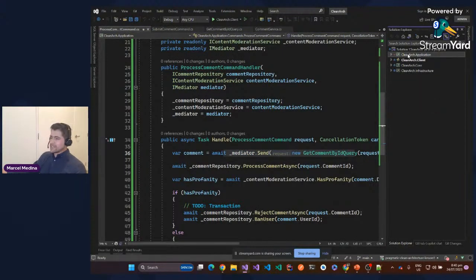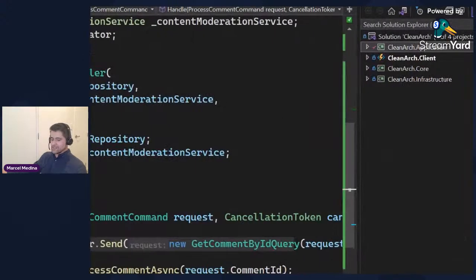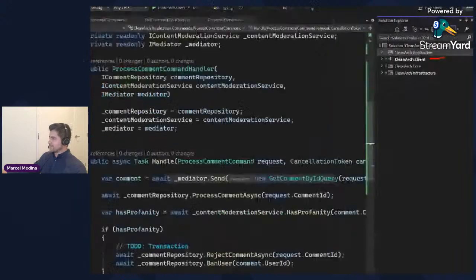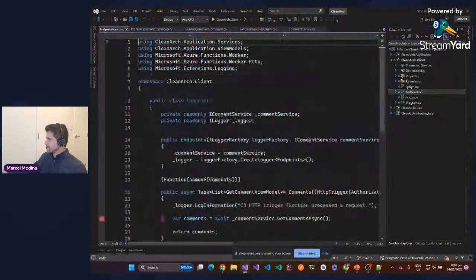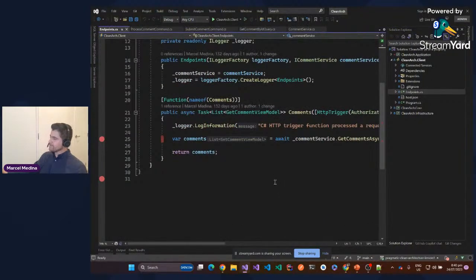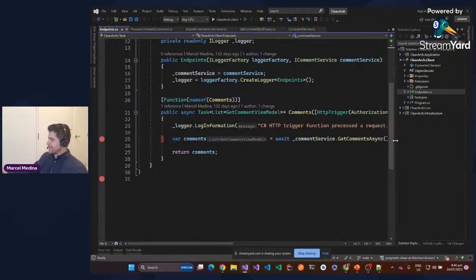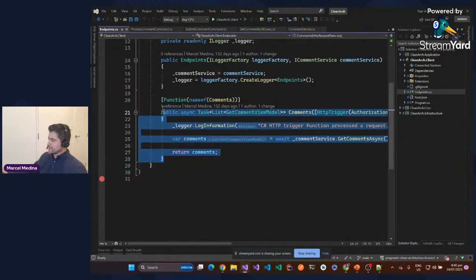So that's the application we have in here. Now, who's going to be consuming that? So that's the client. Where? Well, if you look at endpoints in here, we need to make the endpoints to call the backend in here, the mediator implementation. How are we gonna do it? We're gonna create different